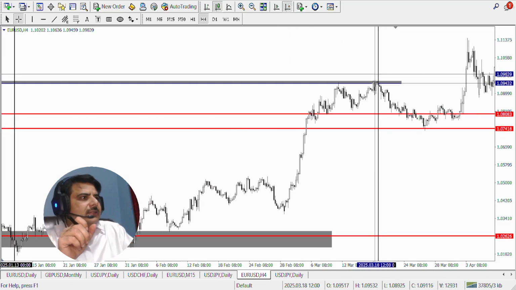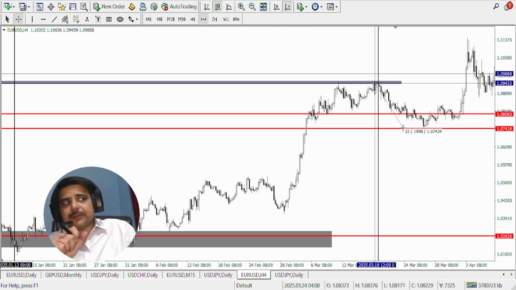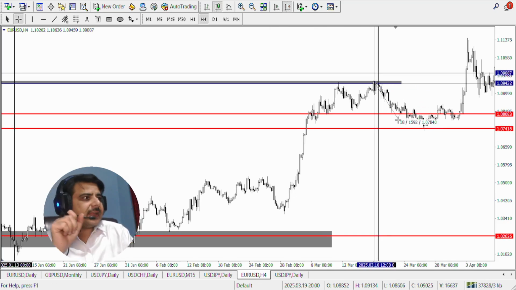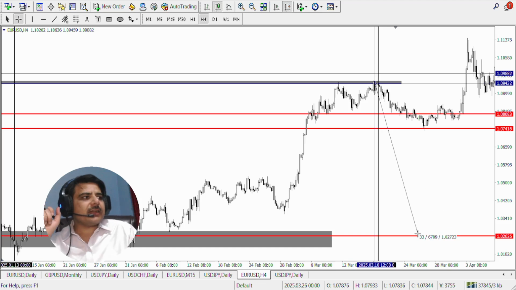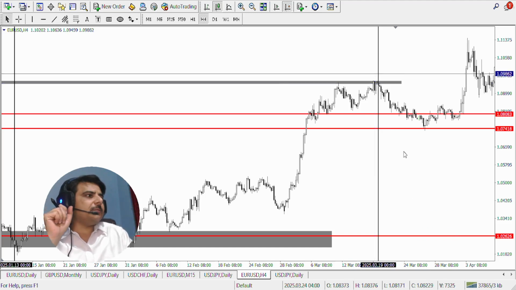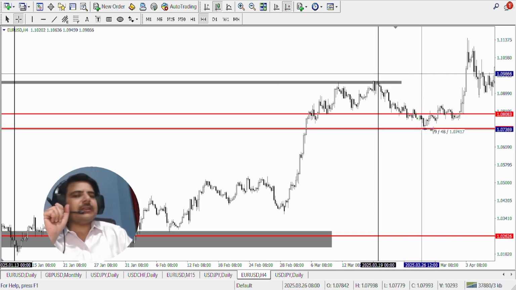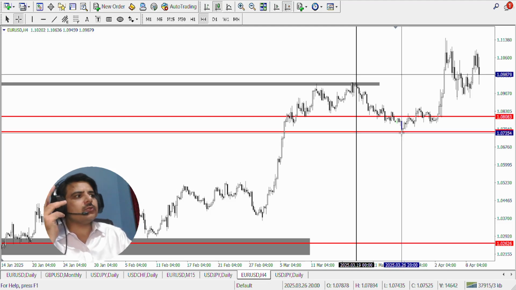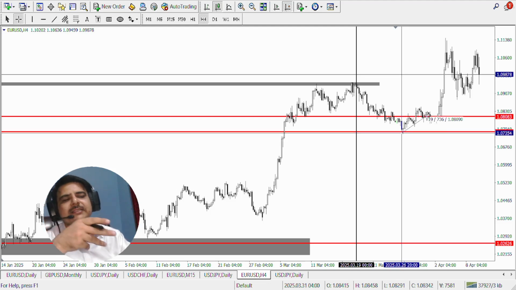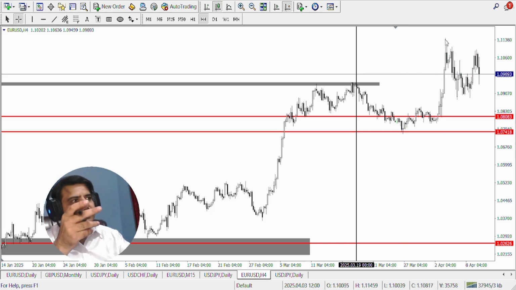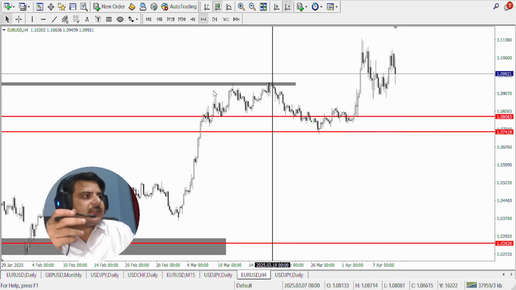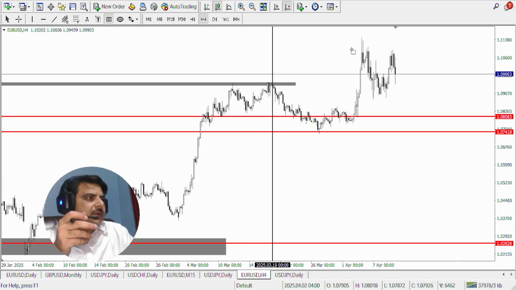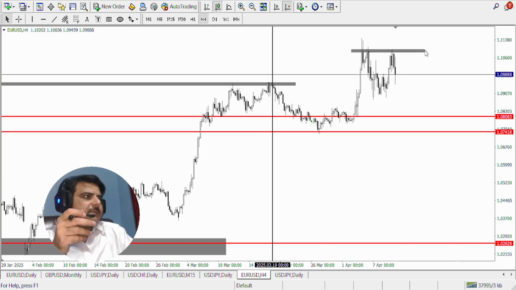So on 19th of March, what I said is that no doubt this is standing at a very nice sell point, but if someone wants to take a sell, they should not be looking at that other zone, but they should be looking for their targets. So target area hit, and those who were willing to buy, obviously the buy setup was confirmed and continued bullish. If we see right now, this plan, if you see,